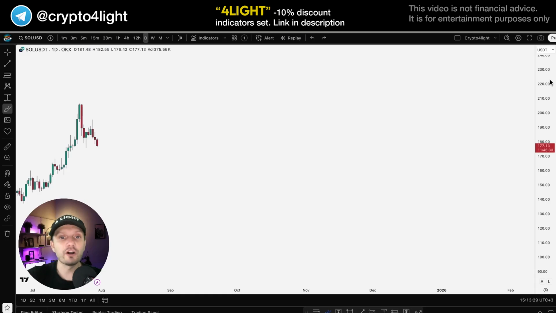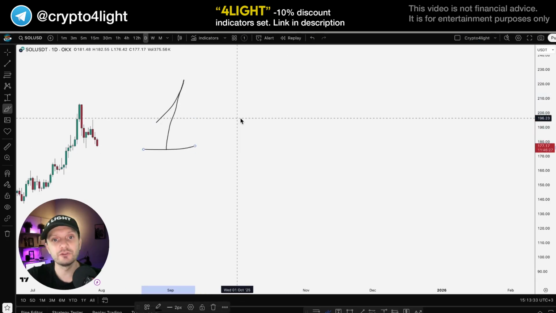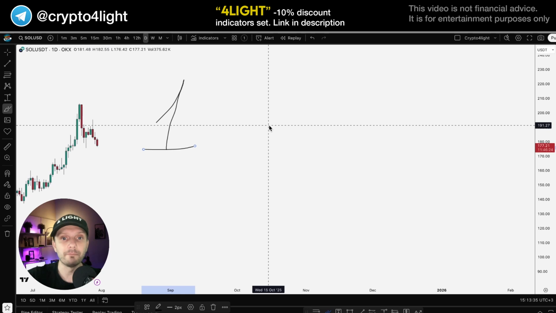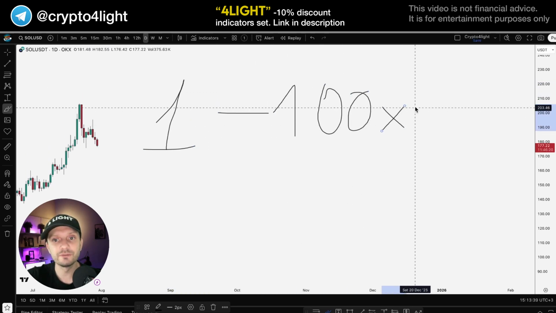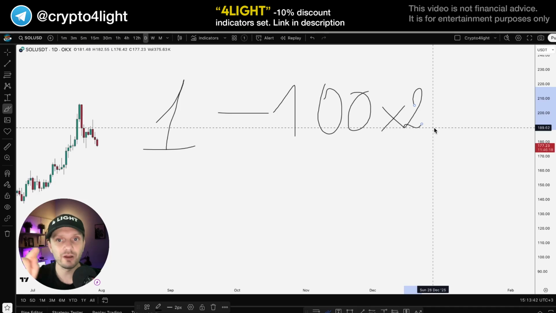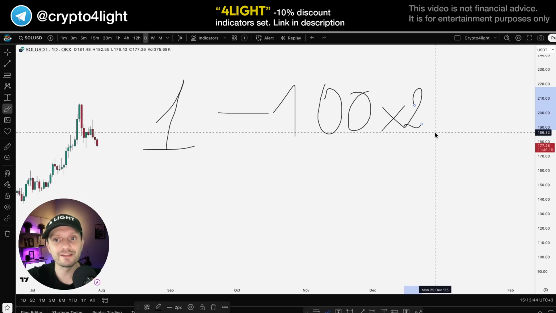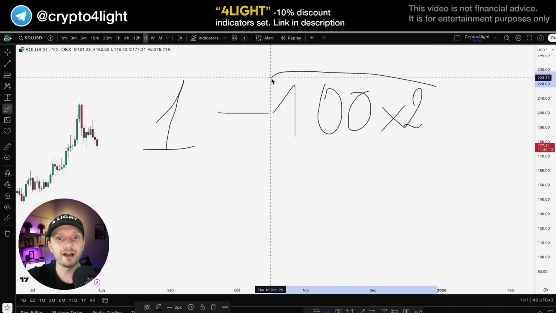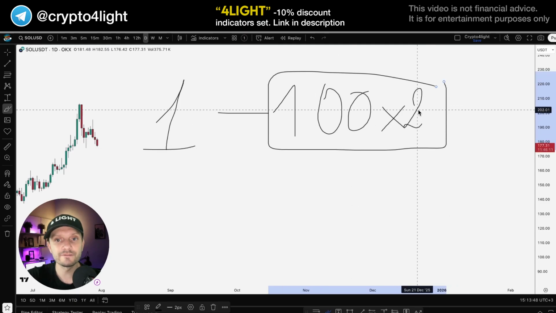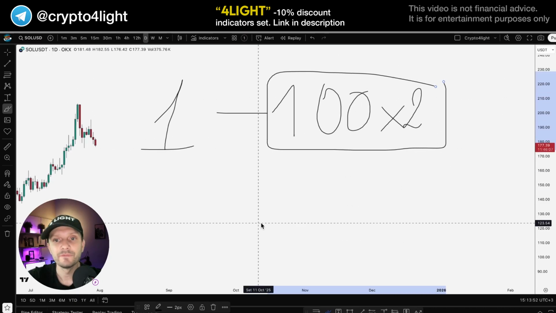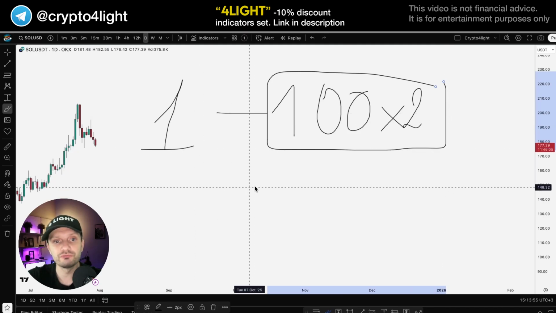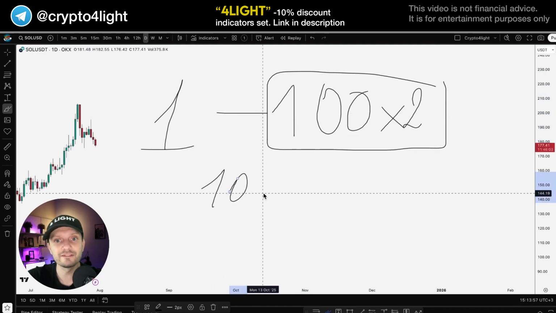For example, the token is $1, you bet it will go up, and you place a $100 bet multiplied by leverage. I will show you and explain what leverage is. So you multiply your funds, you borrow another $100 from the exchange, and if the price goes up, let's say 10%, you